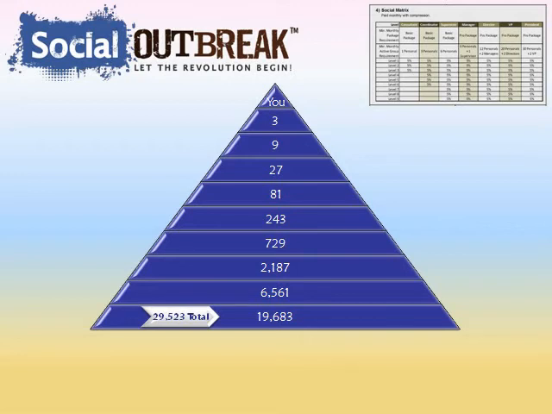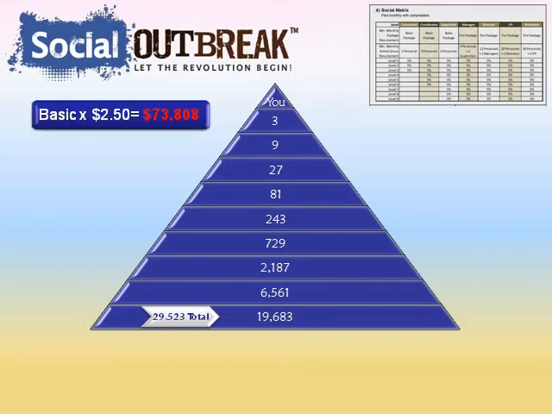Now the earning potential of that is huge. Let's say you did fill this matrix up. By the way, very difficult to do, but let's say you did, and every single person in it were on the basic auto ship, the $50 auto ship. Well, our commission is 5% of the commission of the auto ship. That means $2.50 per person times 29,523. That's $73,808. Now, if they were on the pro level, all of them, you'd double that,